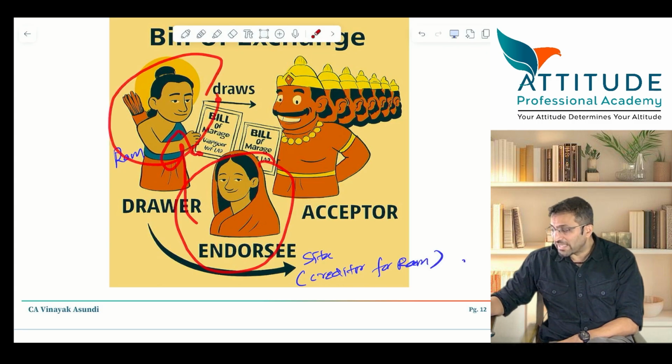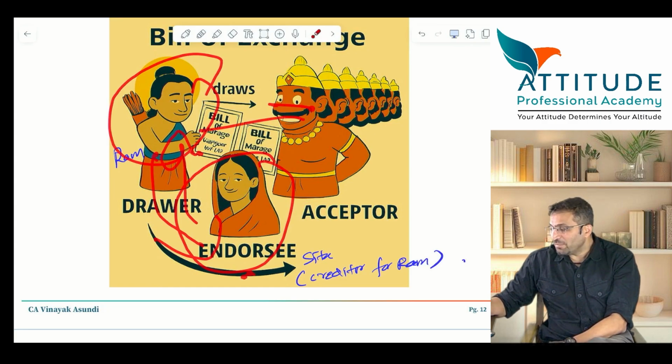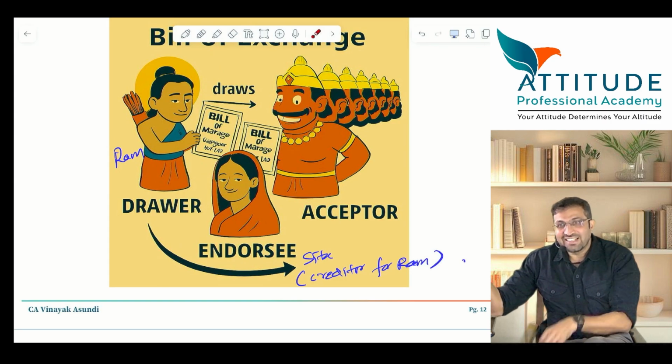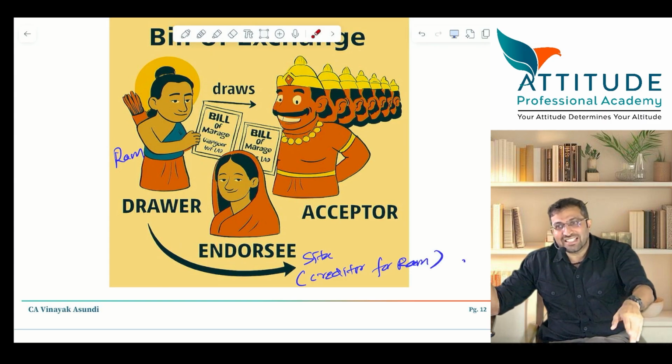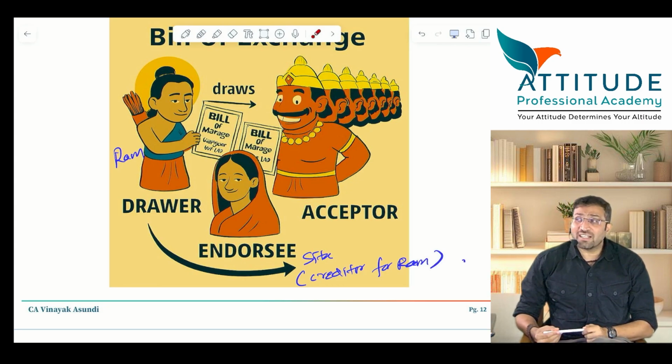So look from Ram's angle. From Ram's angle, money again payable to what? Sita. Again Sita will come as a creditor. And paise ene from Ravan. So paise ene from Ravan and paise dene to Sita. Receivable from Ravan, payable to Sita. And that too not 100, 110.